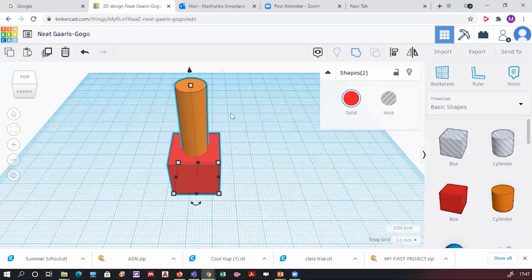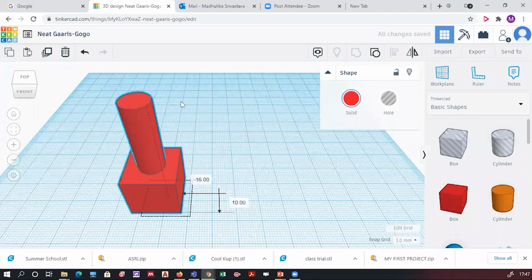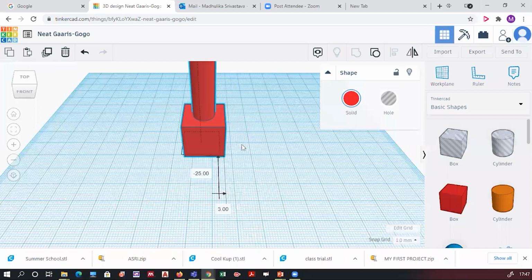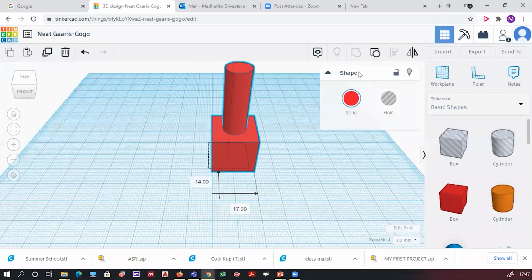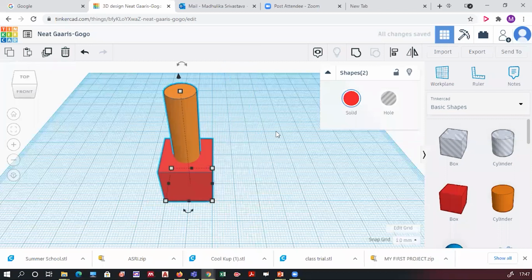If you group together, you will also see that when you drag this object, it will go along together as one object. You ungroup it, it is two objects now. So alignment, joining, and ungrouping. These three options I told you.